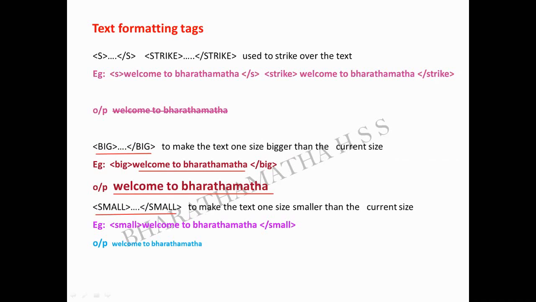That is, if it is 4, then it will be shown in a size of 3. So see the contents over here. Here is how I have written it. Here it is this big in size. Now when you see the output, what is it? It is shown a little bit smaller in size. Okay. So this is how your big and small will work. All these are quite easy ones. Okay.